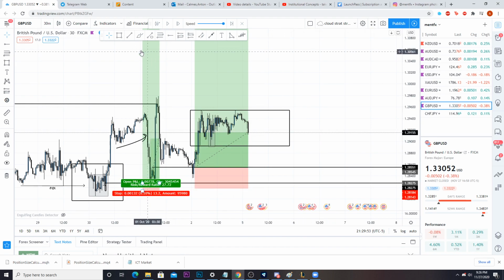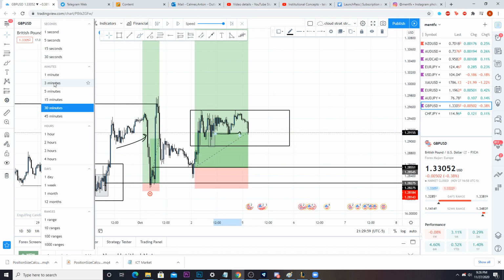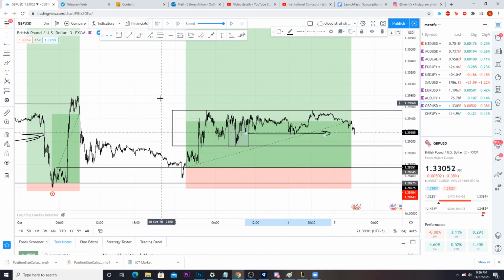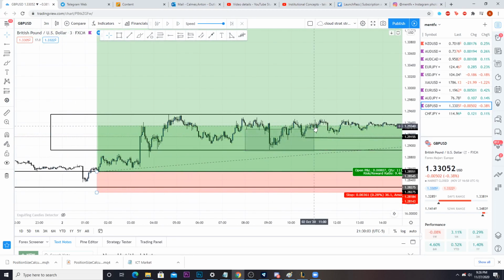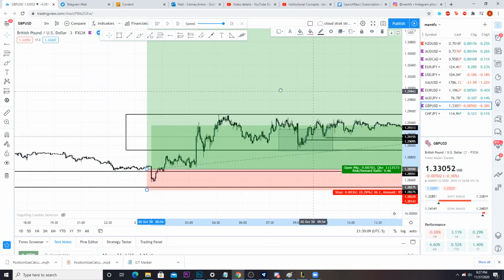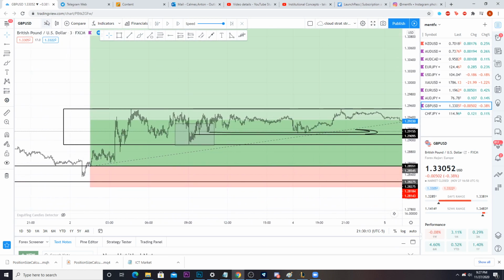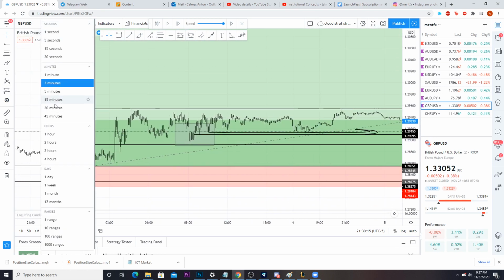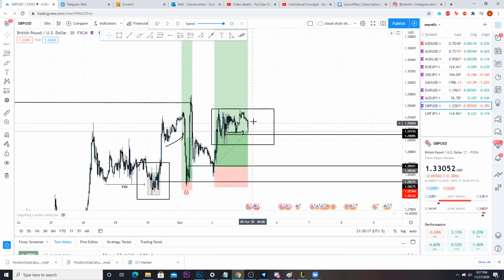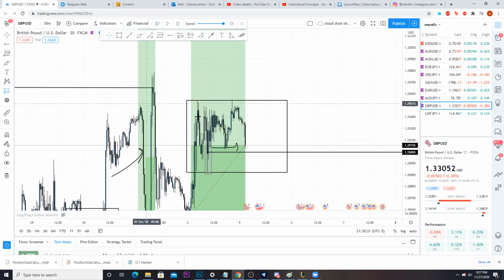As you can see. So what we're doing right now is we're most likely going to come and take out these lows right here, right? And then maybe we can look for an entry down here. So what we could do is go very low and take a look inside of here. Again, that last area where there's an imbalance is, I guess, right here on a 3-minute. If you really wanted to be crazy about it, that's where you could look for an entry if it got down there, right? So these are all just opportunities that I'm showing you where you could have looked to be involved in this market, right?